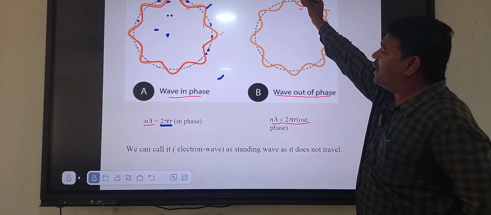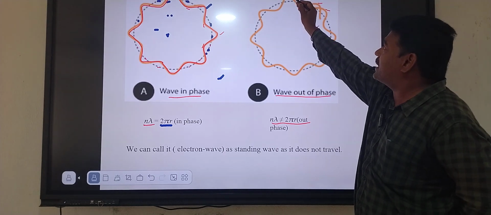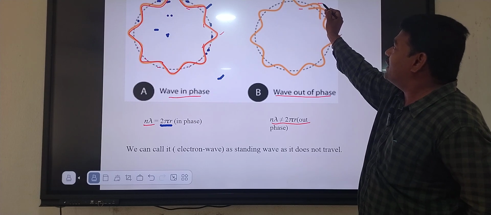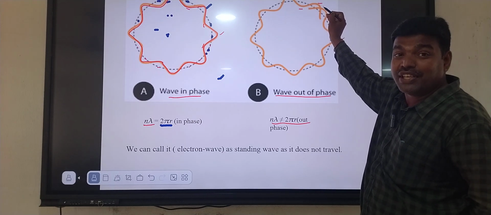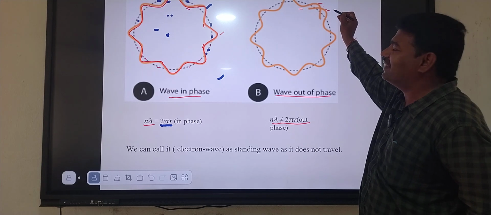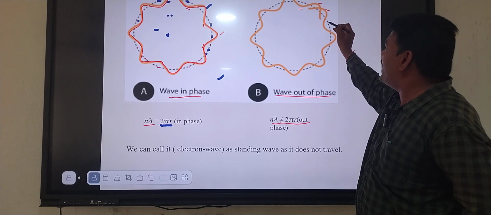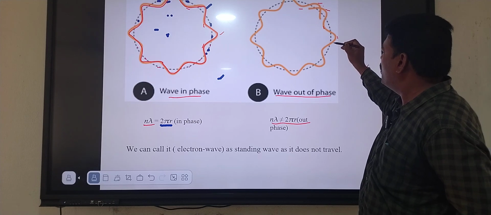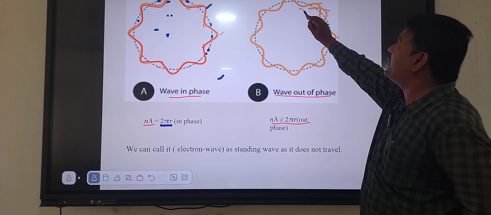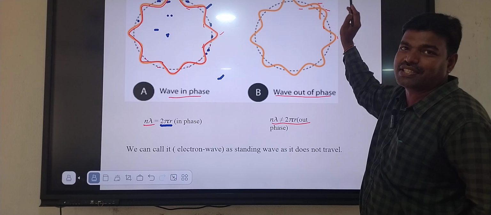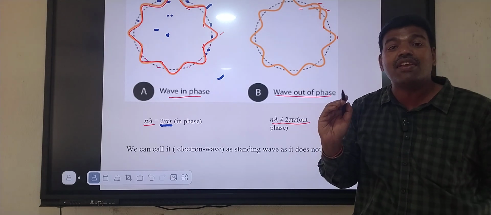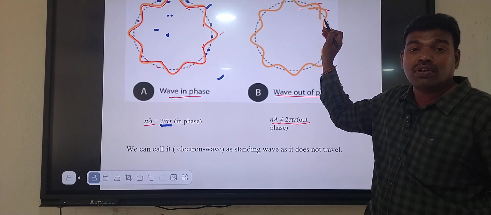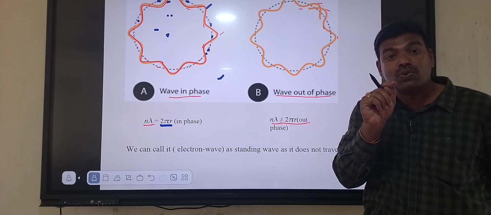So again I shall explain. This is the crest and this is the trough. Again crest, after crest we need to get a trough, but again crest. So again trough, again crest. Of course, this series will be followed after this point, but we get a crest after crest. That indicates that the wave is out of phase, and a wave out of phase leads to destructive